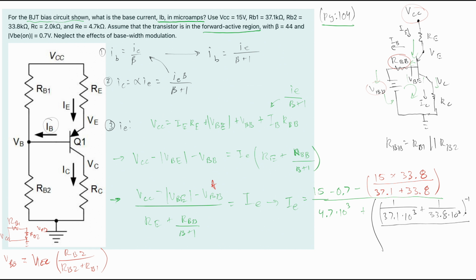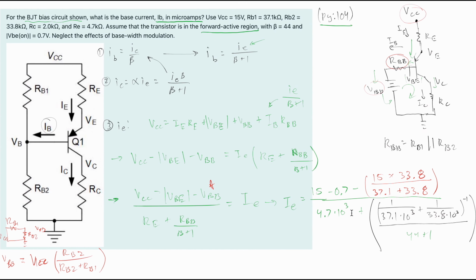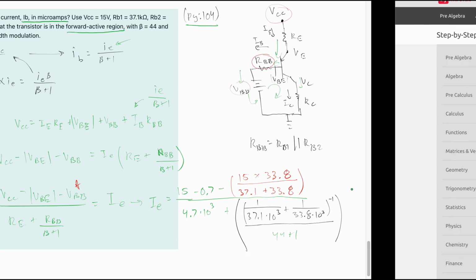Our beta, and we can just close this out, we're given a 44, so we have 44 plus 1. And so we can take all of this and plug this right into here. If we do that, we're going to have the following equation. 15 minus 0.7, right here. We have our 15 times the 33.8, 37.1, 33.8, 4.7 times 10 kilos on the bottom, and then we have the resistors in parallel. We have our 44.1, and then the bottom part, this 44.1 over here, is because we're plugging it back into our IB, so we have beta plus 1, and then we have it being multiplied by 10 to the 6 because we want our answer in microamps. And so that means our answer is going to be approximately